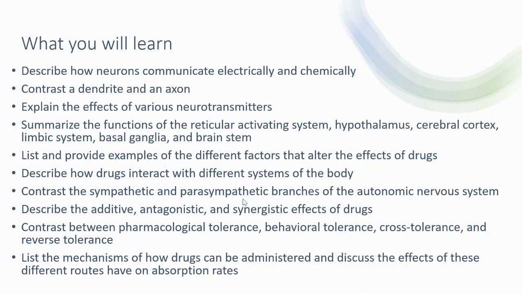describe how drugs interact with different systems in the body, contrast the sympathetic and parasympathetic branches of the autonomic nervous system, describe the additive, antagonistic, and synergistic effects of drugs, contrast between pharmacological tolerance, behavioral tolerance, cross tolerance, and reverse tolerance, and then list the different mechanisms on how drugs can be administered and discuss the effects of these different routes of administration